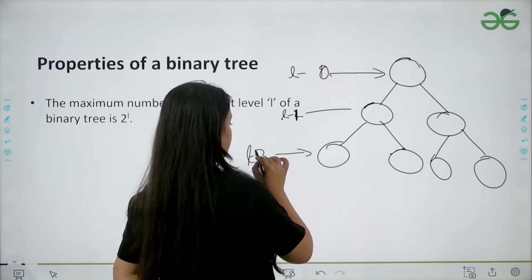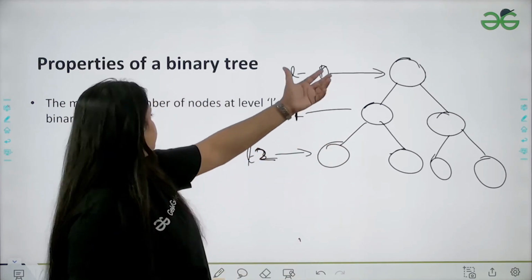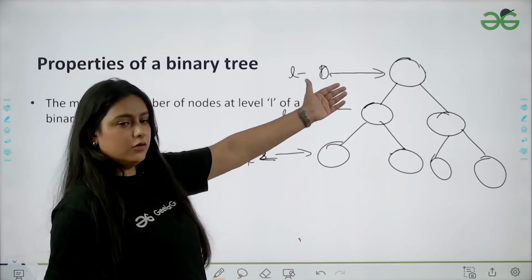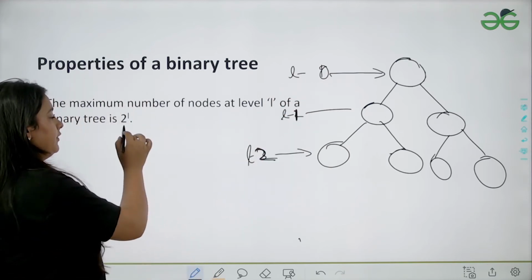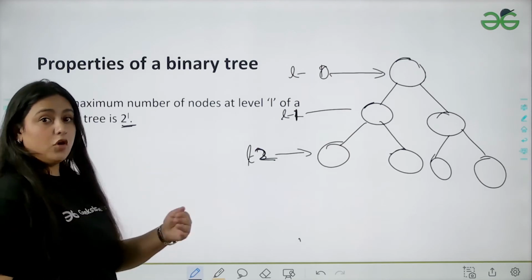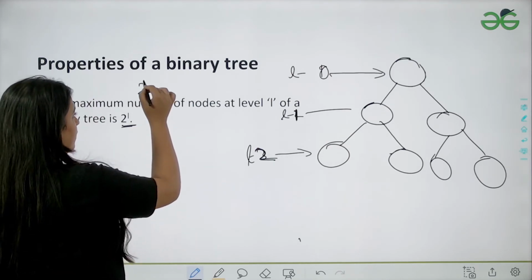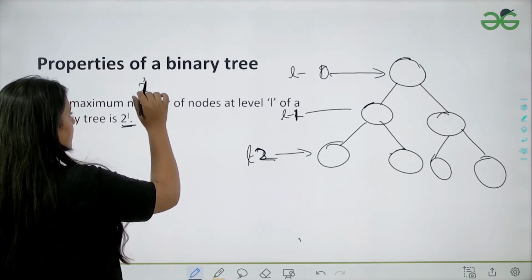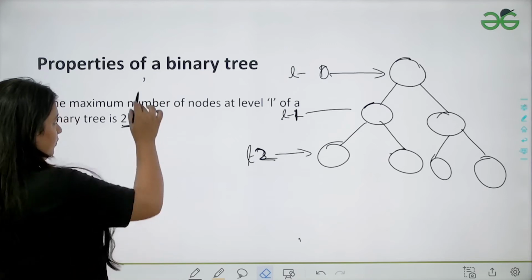Levels are 0 based. Okay. So yeah, now if you talk about 0 based, then the maximum number of nodes at a particular level is 2 raised to the power L. If you talk about 1 based indexing, then in that case it is different, it is 2 raised to the power L minus 1.